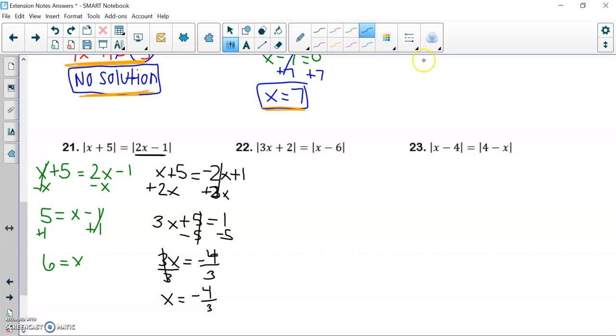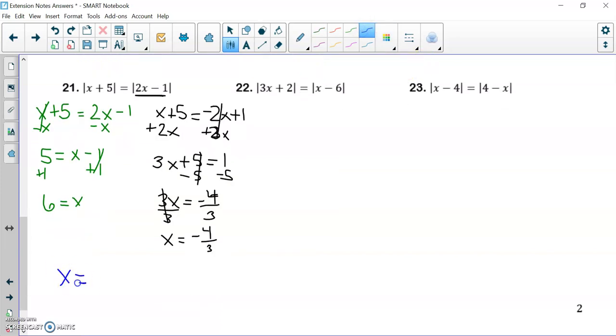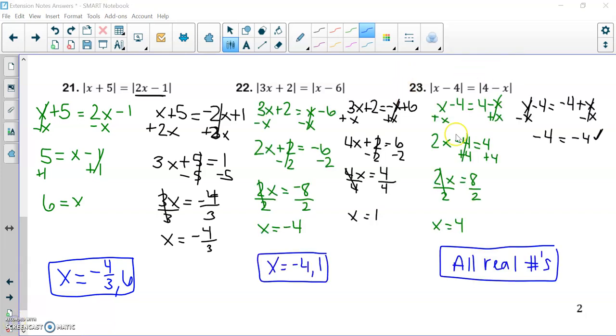But that's how we would do these types of problems. So now I'm going to have you pause the video just to make sure that you know how to do these problems. And a careful reminder, it's always a good idea to check your answer after solving an equation. Pause the video, try the next one. Number 23 is tricky. One of your equations comes out to just